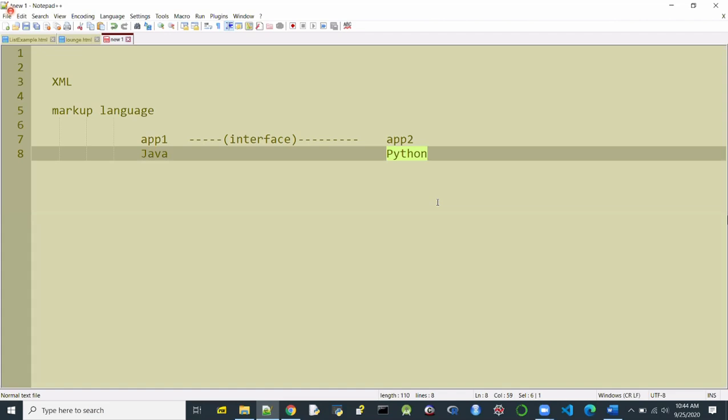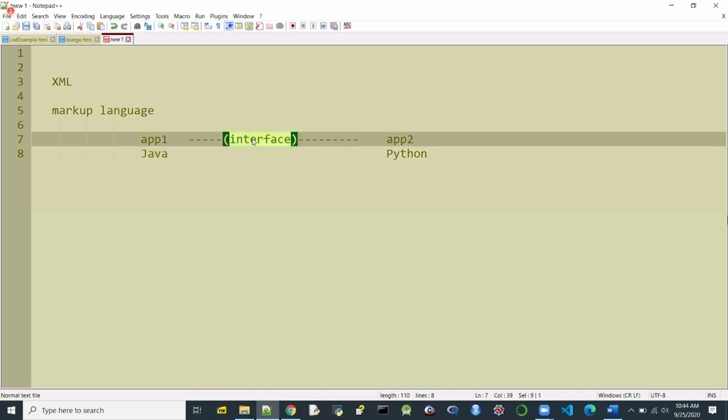Not all languages have this sort of facility. And of course, the popular languages like Java, Python, and C++ support what we call database programming. But then it becomes what we call an overhead. Another way of simply exchanging the data is by using simple text files. One application will put the data into a simple file. You write the data into a file.